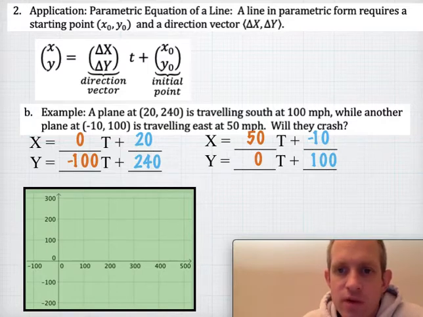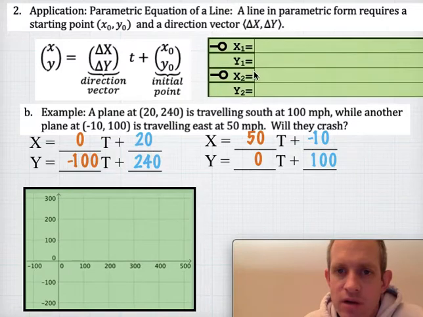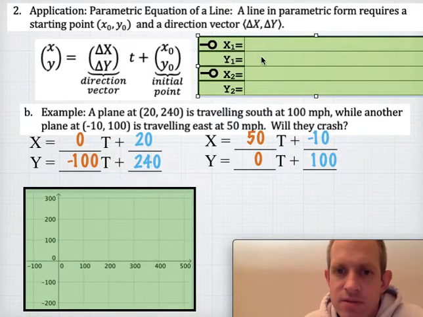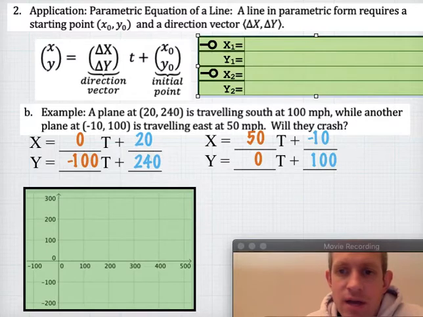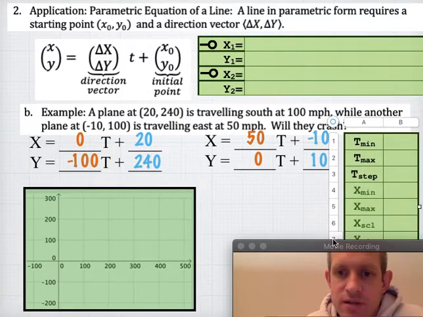So if we wanted to make a graph of this then, you could go to your x and y equals screens, type these equations in. If you do that, I would suggest switching your mode over to this mode where you've got a little cursor that will look like a plane that's producing a little contrail, which is kind of fun. And then for some window settings,